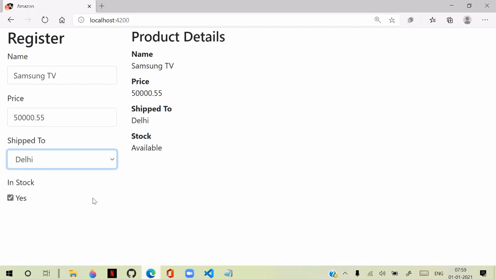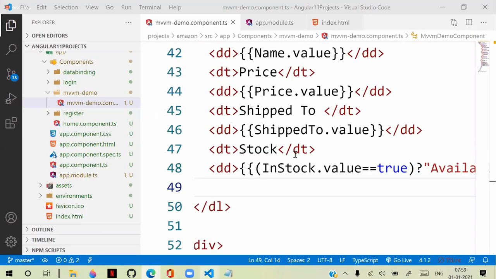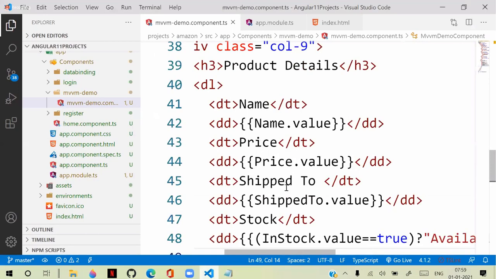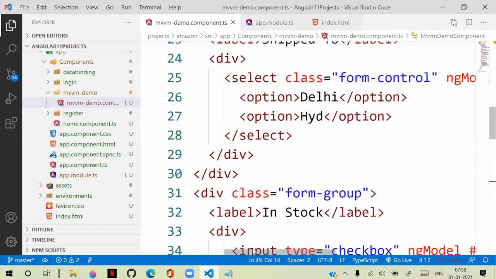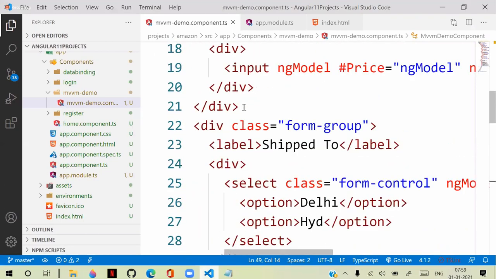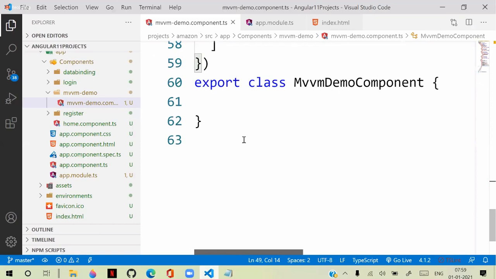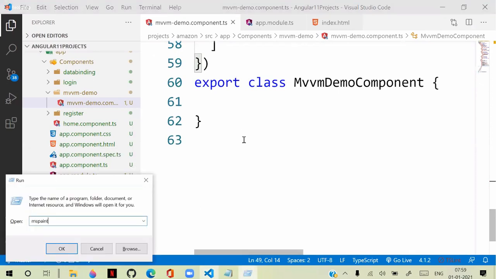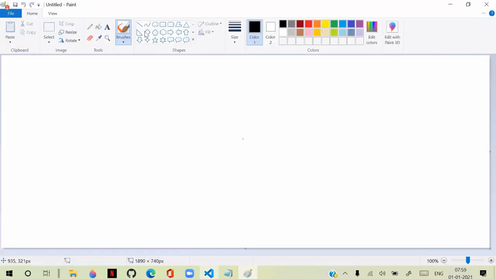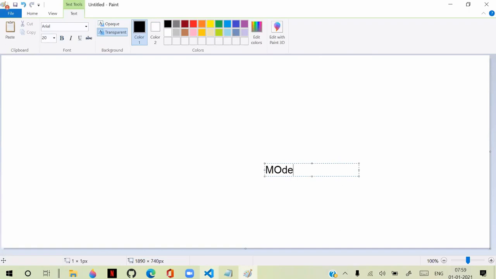MVVM architecture means everything is managed at the view level. That means there are no references created in the controller. So technically, what is happening here? We have the model, and the model usually contains your data.